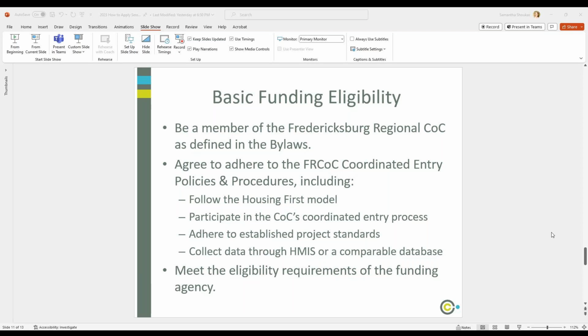And then finally, you need to meet basic eligibility for any funding agencies. There's lots of funding requirements that come along with federal and state funds. And so those are all available in the HUD NOFA. So you can look through those and make sure that your project meets eligibility. If you have any questions about whether or not you're eligible and it determines whether or not you're going to submit an application, please give me a call or shoot me an email and I'll help you walk through whether or not you're eligible. I would hate for someone to assume that they're not and not apply and them actually be. So please just let me know if you need help in determining whether or not you're actually eligible to apply for funding.